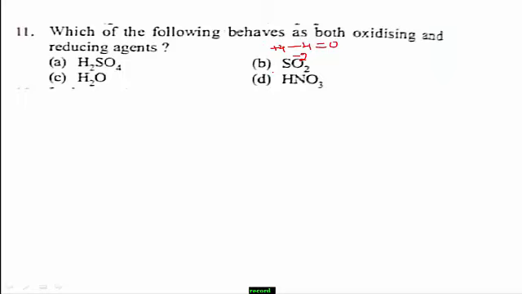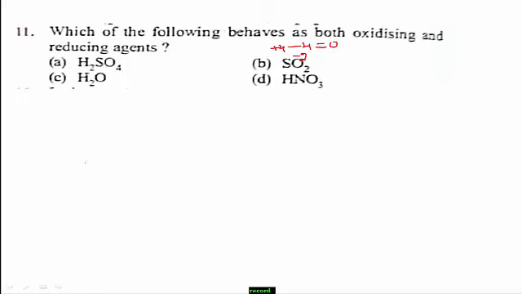Oxidation state of sulfur is +4. It can be oxidized to +6 oxidation state and can be reduced to 0, right? So it can act as both oxidizing and reducing agent. If you take an example